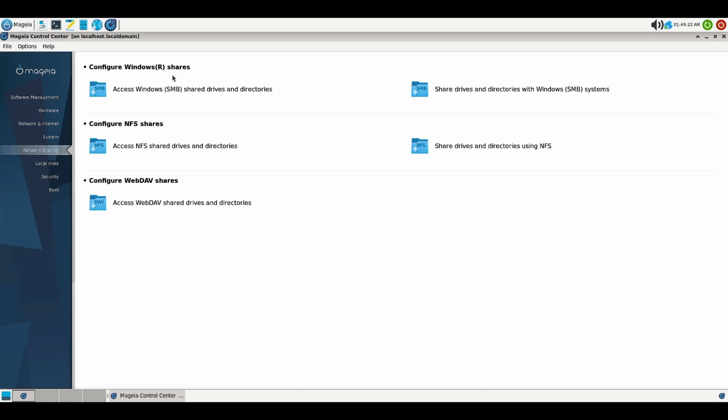So in the network sharing section, you can configure the Windows or the SMB shared drives and directories. You can share drives and directories with other Windows SMB systems. Then you can configure the network file system shares using this. So you can share drives and directories using NFS. You can access shared drives and directories on other systems, and you can also configure the WebDAV shares using